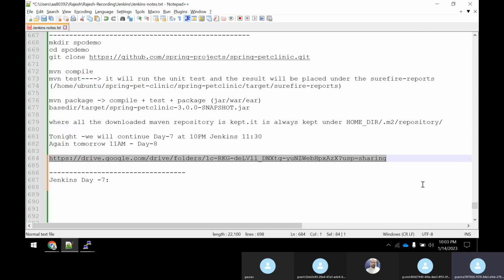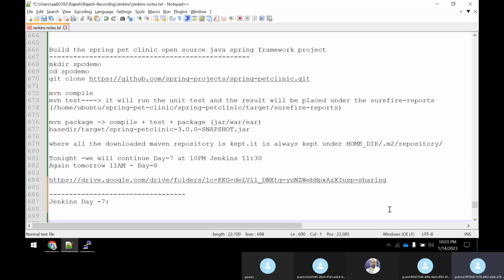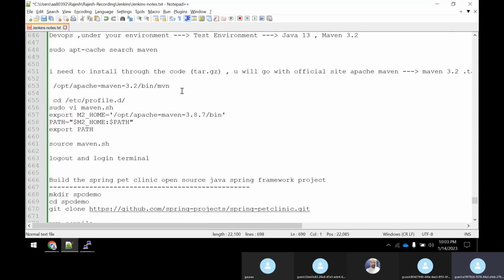Fine. So, guys, we did a small project today, and I showed how you can install Maven. You can download the source or binaries and install it according to any of your paths, and set that path into your profile. Then you can create a file where you set all the path and information, as well as the variable for the home directory of your Apache Maven. Here M2 is nothing but a variable; it is the home directory for your Maven path.